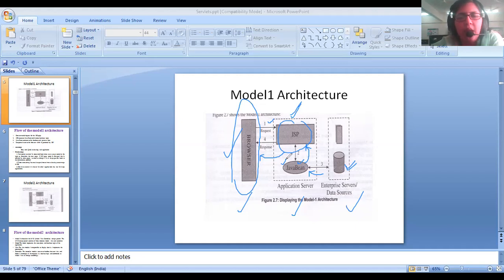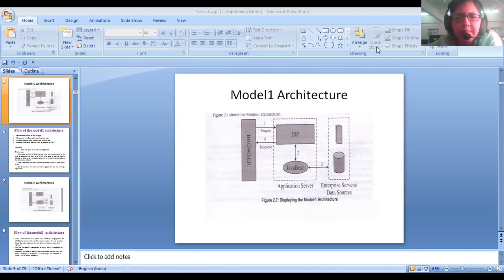These methods together with the attributes form something which is called our Java Bean. So Java Beans are required because we need to connect with the database. So this is the model one that we are using, and it is one of the fundamental models.